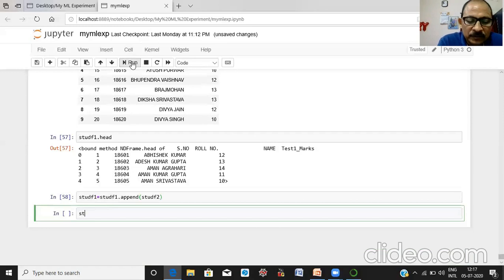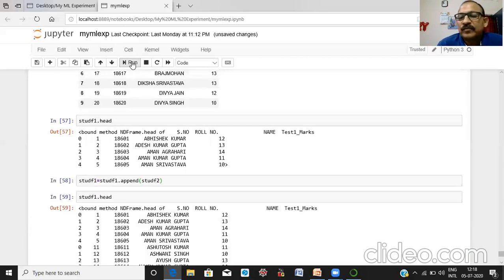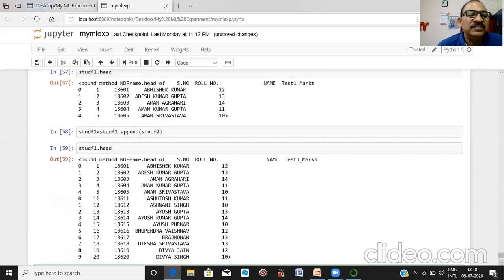Now write, and here you can see your data frame is modified.